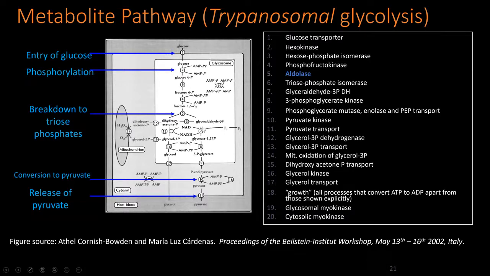Is my time over or something? I hope I have a few more slides to go. Oh, nearly. Yes,